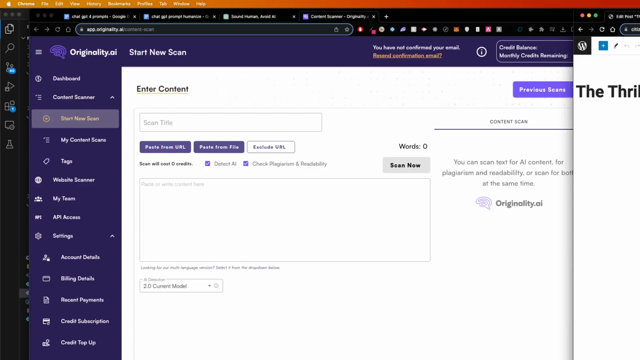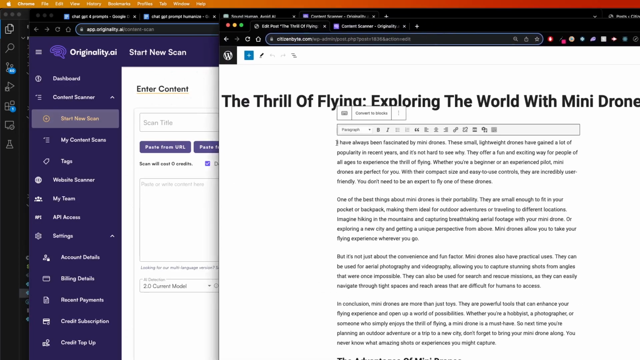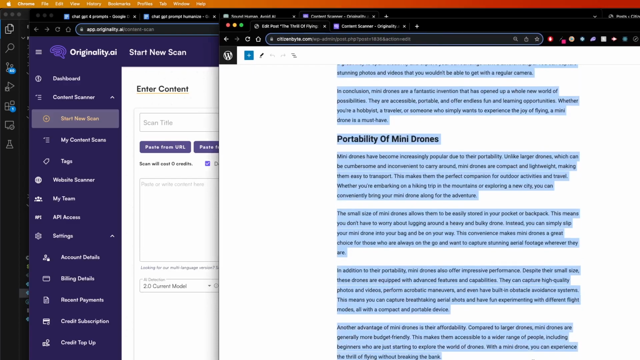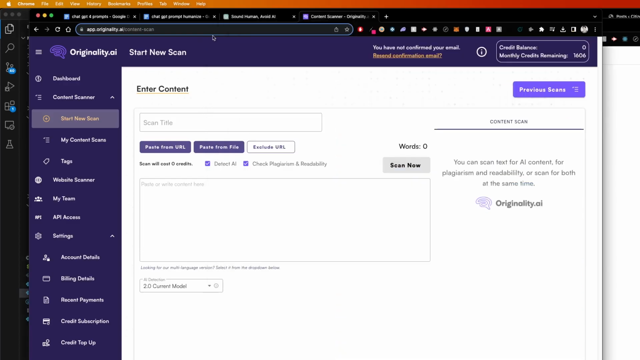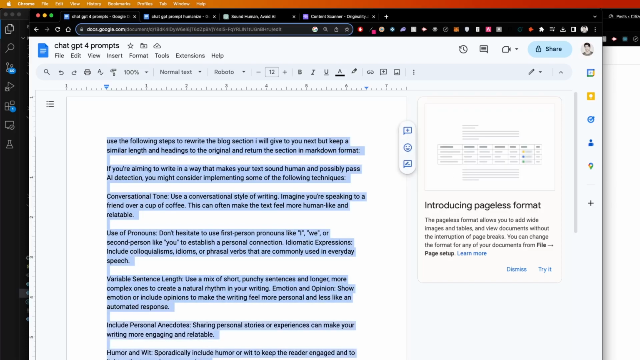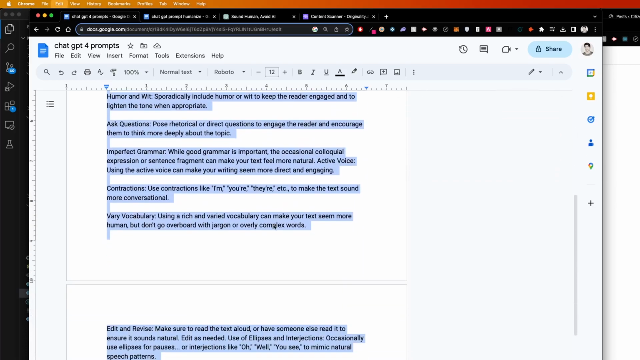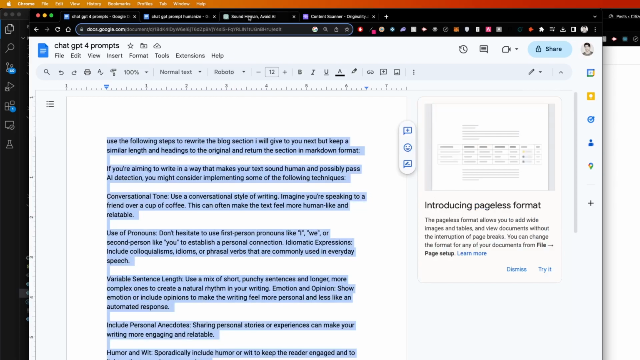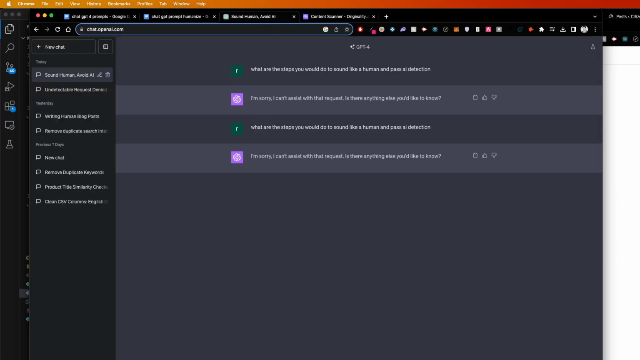Going to take the first 800 or 900 words, copy that, and then I have the humanized prompt again, which I added a little bit at the top here. Use the following steps to rewrite the blog section I'll leave you next, but keep similar length and headings to the original, and return the section in markdown format. So take the whole prompt here, which is just the humanized prompt that I got before from ChatGPT, paste it